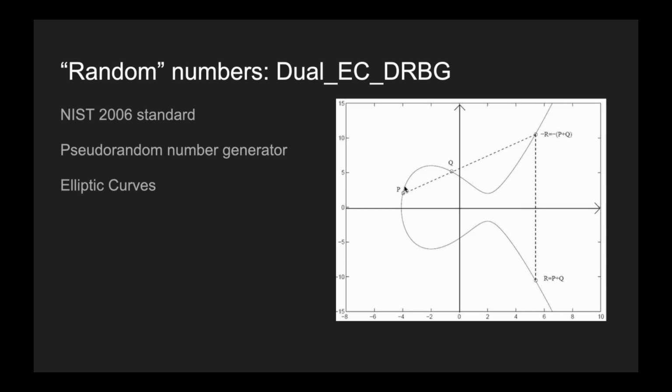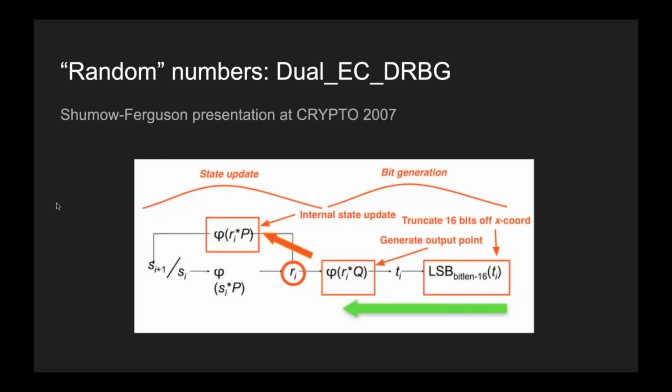The second half is chopping off a little bit, chopping off the first couple bits. So the next slide's going to look scary, but I think you're going to be able to understand it once I explain it. So first, let's look at state update and bit generation. Those are the two halves I was just talking about. The state update is the bouncing around, and the bit generation is the truncating the 16 bits off the x